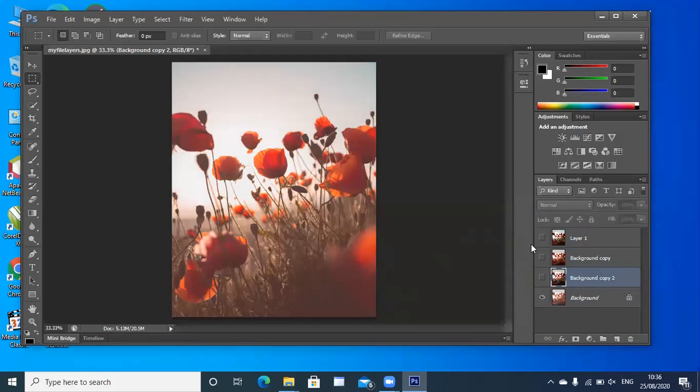Ushma, suppose I want to check with some other layer, I will turn the eye on for that layer. So that layer is on right now. And if I close the eye, so the eye is not visible, that means whichever layer's eye is on, that layer is visible. If there are two layers whose eyes are on, Ushma, then the one on the top will be visible.